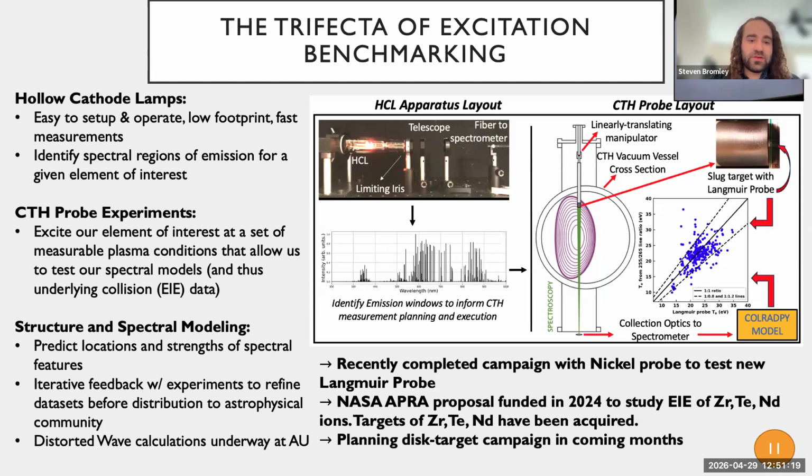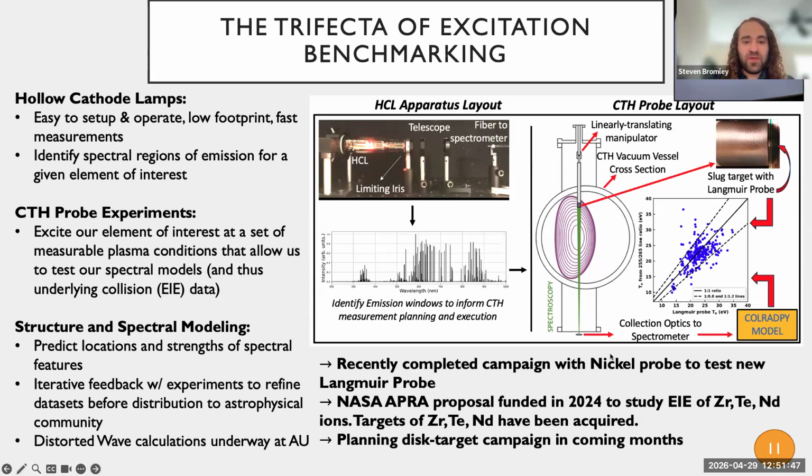We take the element we want to study, we stick it on this probe here into the machine, we fire it off at a variable set of plasma conditions, and we collect a spectrum. What we then try to do is generate a synthetic spectrum using our electron impact data and compare these two. And once we've nailed down the modeling side, we can then compare the electron temperature and density we need to match that spectrum with the actual conditions we can measure locally with a Langmuir probe.